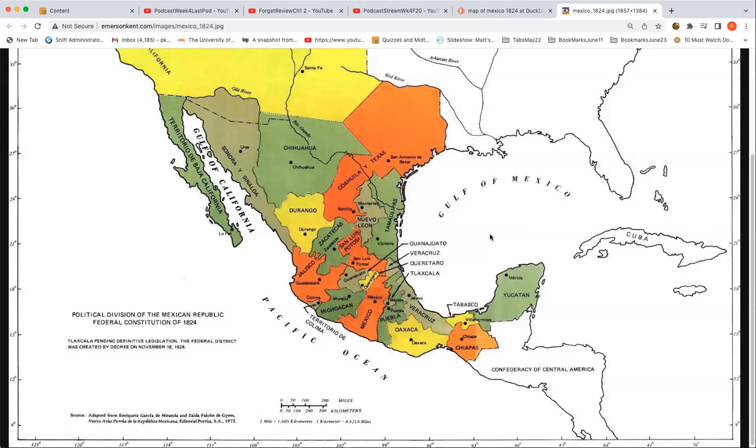Okay. So up until this point in the course, the economy of Texas, such as it was, was really a ranching economy, and I've talked about that, and that was about it. It was subsistence. Some families gained a lot of wealth in ranching, but nothing compared to cotton. Cotton was the dominant